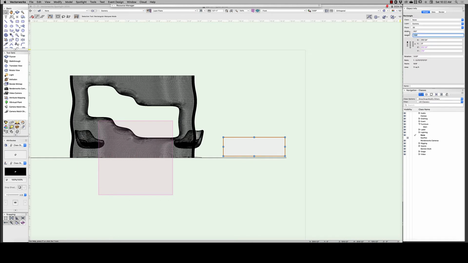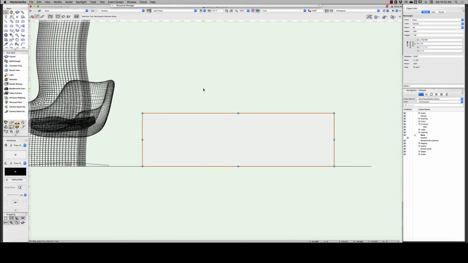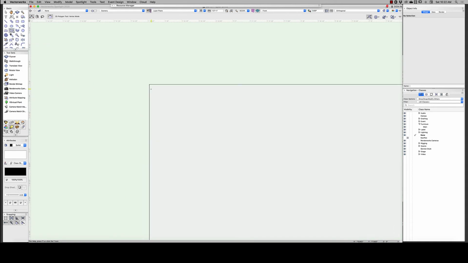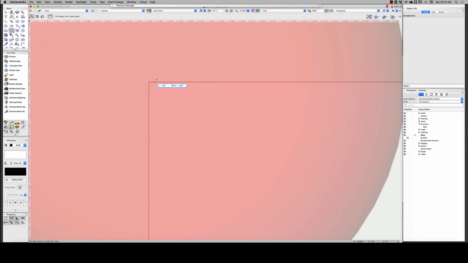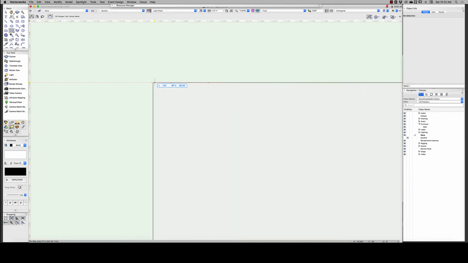I'm basing the height of the table on looking like it makes sense with the chairs, and that seems about right there. Okay, good. So 6 feet wide and 20 inches high. So then we're going to draw half of the curve using the polygon tool. So I'm going to start here in the corner, and then I'm going to go over 3/4 of an inch, so 0.75. That's going to be the thickness of the